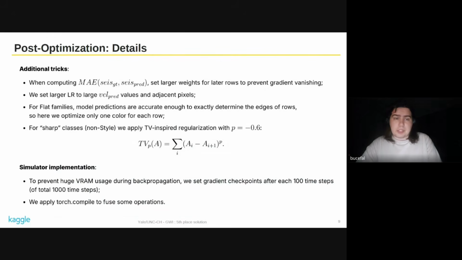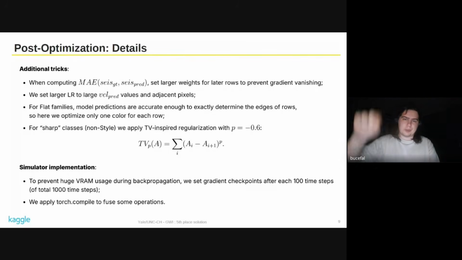Yes, there are also some additional tricks to improve convergence. For example, we noticed that we can fight gradient vanishing by setting larger weights for later rows. By later rows, I mean, consider an image, and we can put an ordering on these rows.